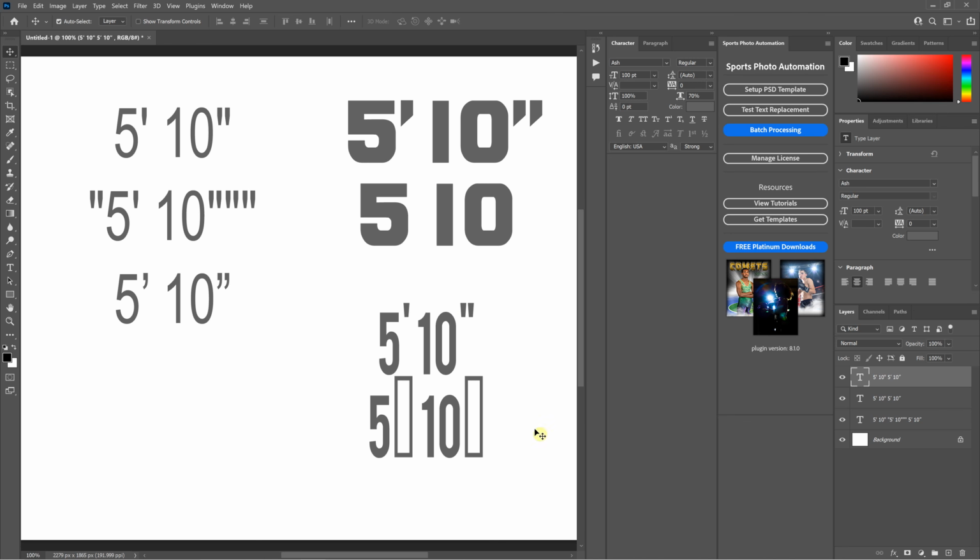And then this is an example of the Bebas font. Again, the straight quotes are fine, but the curly quotes in this case, and I've seen this with a lot of different fonts, they actually draw a box around them. So I think what it is, some